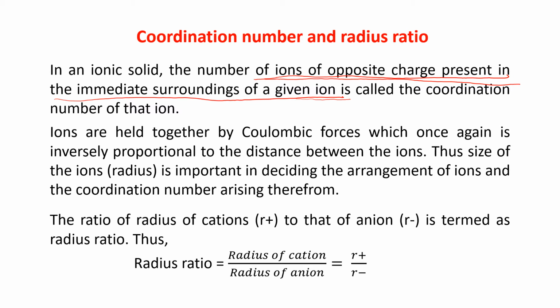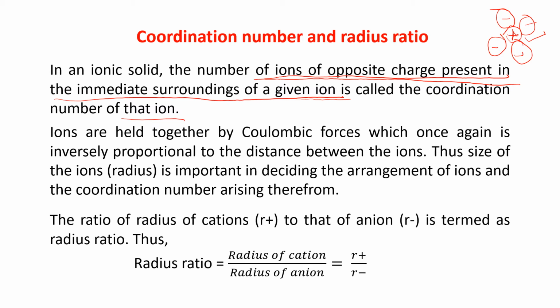Suppose this is the ion, this is a cation. I want to find out the coordination number of it. Suppose it is surrounded by 4 anions. So the coordination number of this cation will be 4. So the number of ions of opposite charge present in the immediate surroundings of a given ion, I think you have understood now, is called the coordination number of that ion. That means the coordination number of the positive ion, that is a cation, is 4 because it is surrounded by